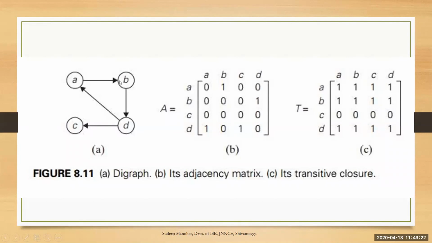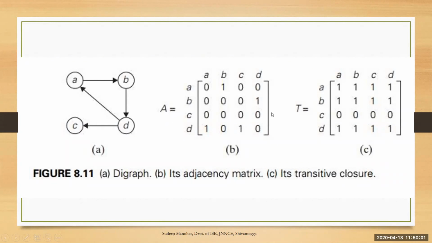Now let us see from B. From B to A there is no edge, from B to B there is no edge, from B to C there is no edge, from B to D there is an edge. There is only one. So the first 3 entries of row B are 0, and the last one, B to D, is 1. Starting from C there is no edge which reaches any of the vertices, therefore all the entries in C are 0. And from D there is an edge to C and to A. So to A is 1, and to C is 1, and to B and D it is 0. So this is the adjacency matrix.